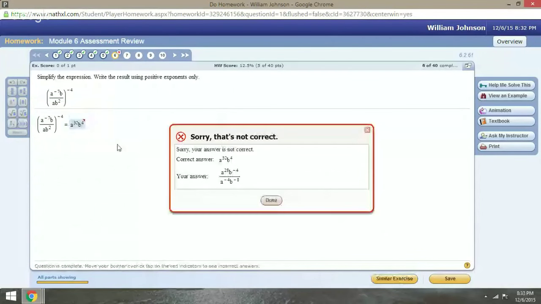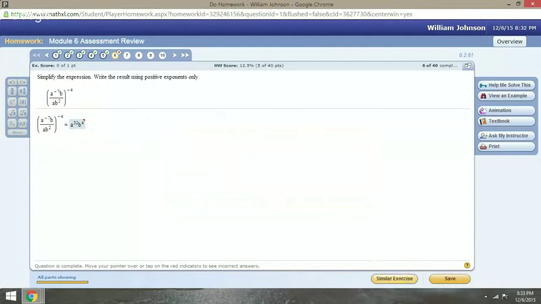Oh, it wanted it to be finished. Right. Okay. So yeah, that's a to the 32, b to the 4. So next time I'll remember to complete the bloody thing. Click a similar exercise, and I'll actually remember the formatting they want. So that's going to be a to the 12th. Hang on, let me actually run it out. So that's going to be a to the 12th, b to the minus 4th,